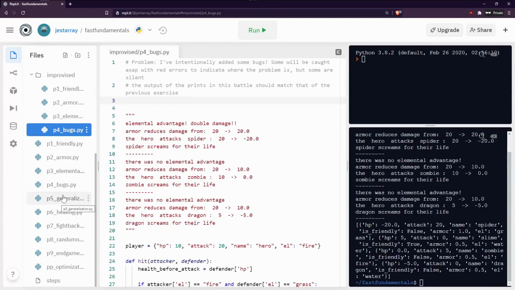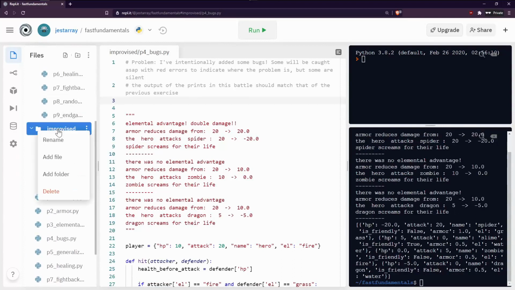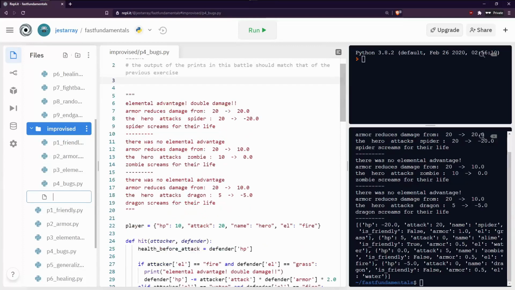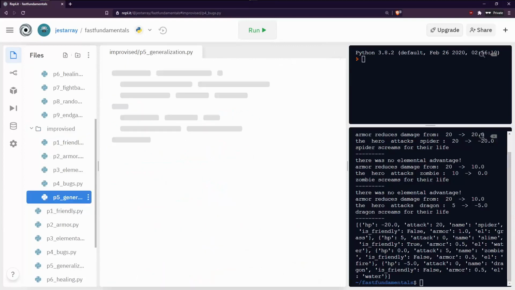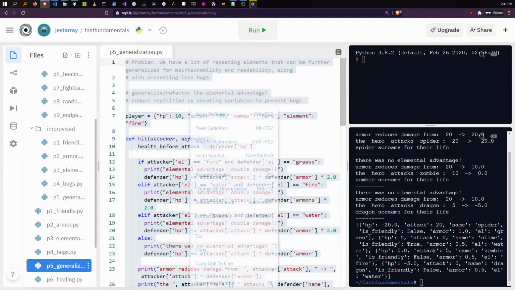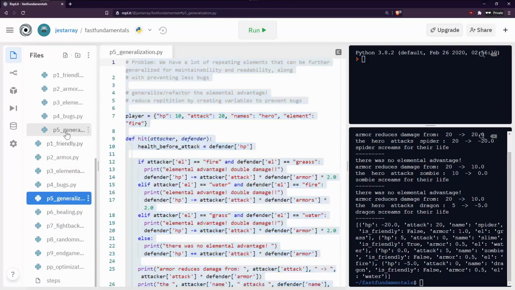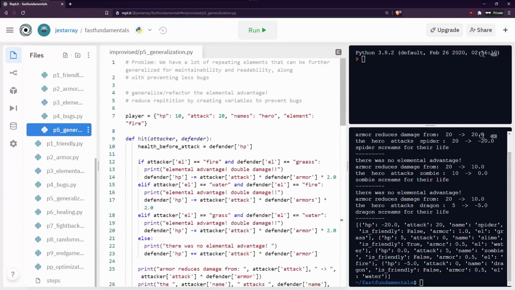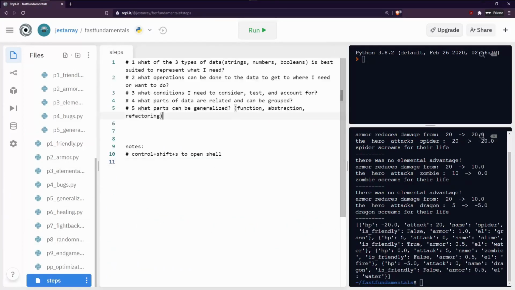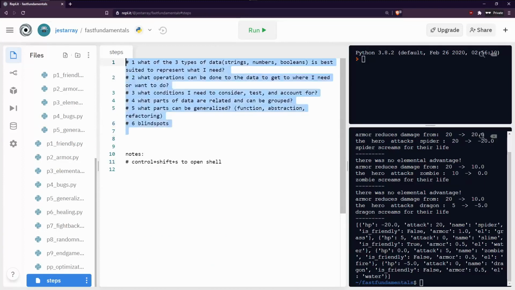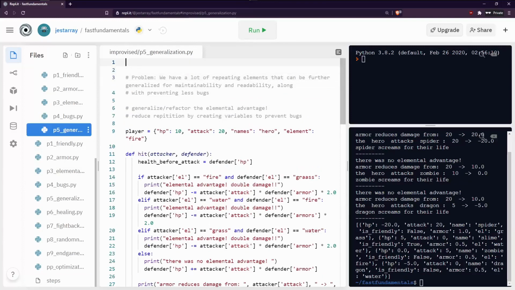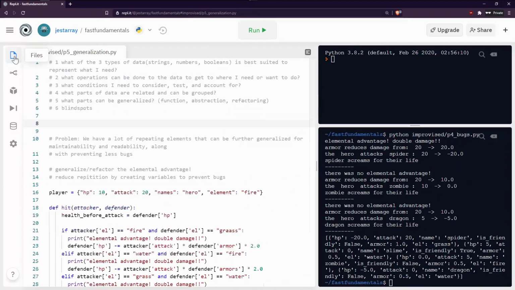generalization. So let's create a new file. P.S. generalization. Hard word to spell in a way. Copy the stuff from here. This there. And we also need the steps. Before I forget, blind spots. There we go. Alright, so